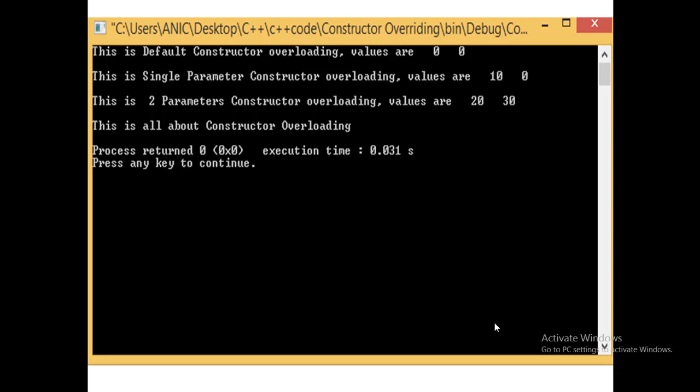In the third constructor, in which we pass two values, it goes into that parameter list and calls the third constructor, and the values 20 and 30 are printed on the console. And after that, the last statement. This is all about constructor overloading.